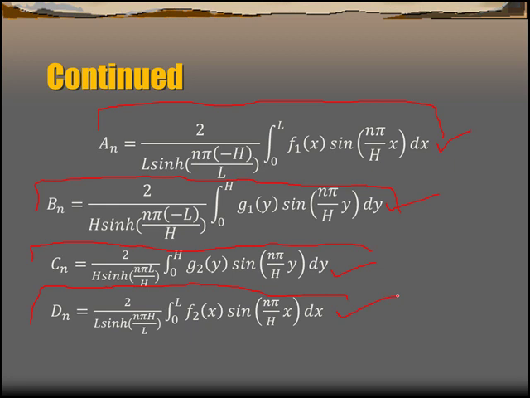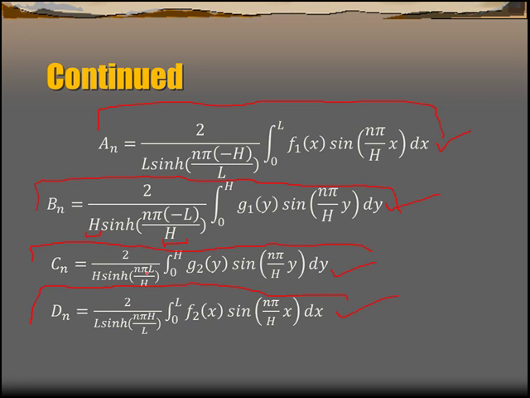जहां पर विद रिस्पेक्ट टू x इंटीग्रेशन हो रहा है फ्रॉम 0 टू l, तो डिनोमिनेटर वाले टर्म्स में l, डिनोमिनेटर में भी l, और साइन हाइपरबोलिक के आर्गुमेंट के न्यूमरेटर में माइनस h। सिमिलरली यहां पर भी वही सिचुएशन नजर आएगी: 0 टू l, l साइन हाइपरबोलिक n पाई और l, यहां पर पॉजिटिव h, एक में h निगेटिव, एक में h पॉजिटिव। जहां पर विद रिस्पेक्ट टू y इंटीग्रेशन हो रहा है फ्रॉम 0 टू h, तो डिनोमिनेटर में h है जो रेक्टेंगुलर रीजन की y साइड की लेंथ को रिप्रेजेंट कर रहा है, और न्यूमरेटर में एक इक्वेशन में माइनस l, दूसरी इक्वेशन में l।